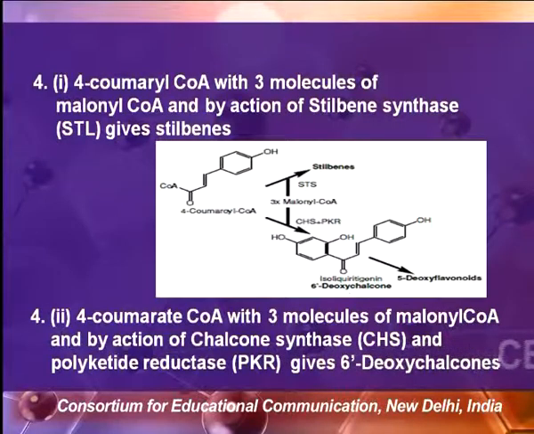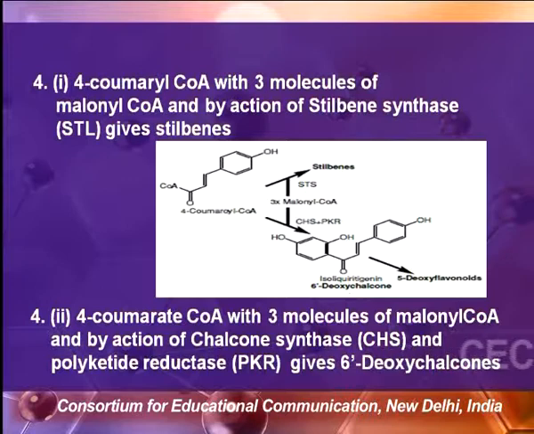Chalcone synthase gives rise to a series of hydroxylation or condensation reactions, and it gives rise to a polyketide intermediate, and this intermediate is acted upon by polyketide reductase, which leads to the formation of ring A in the flavonoid nucleus, as you can see in the structure of